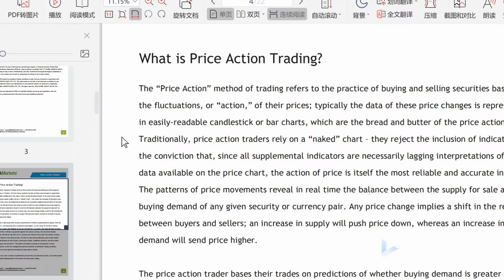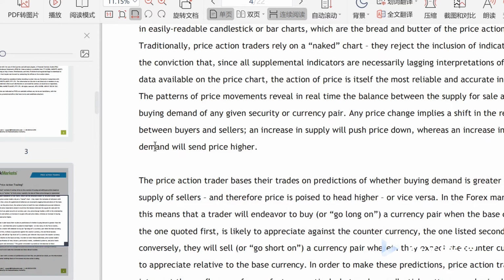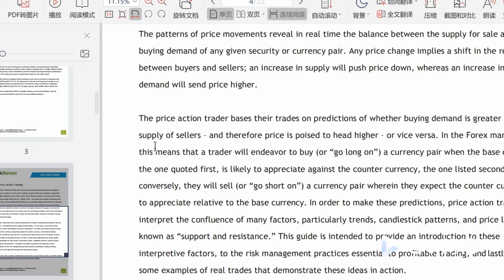all indicators are lagging interpretations of the basic data. So they will rather look at the price itself. They will rather look at the patterns of the price movements. So this is the methodology of the price action trader, and the price action system is proven. I'm also applying price action in many scenarios. Personally, I think the price action methodology is very useful when you're trading